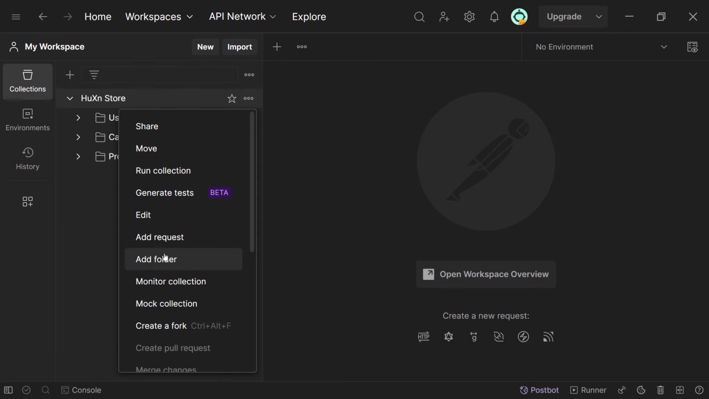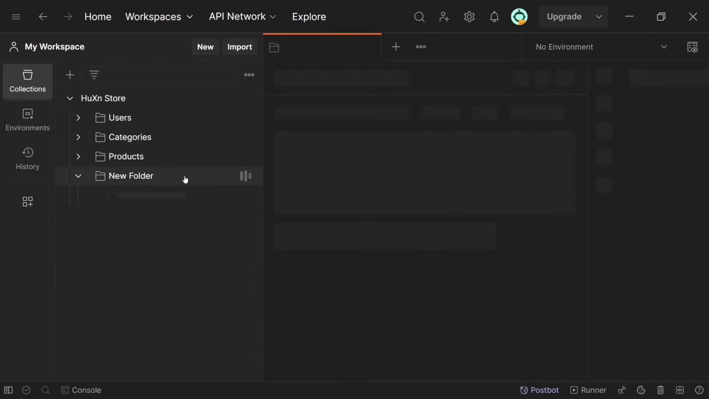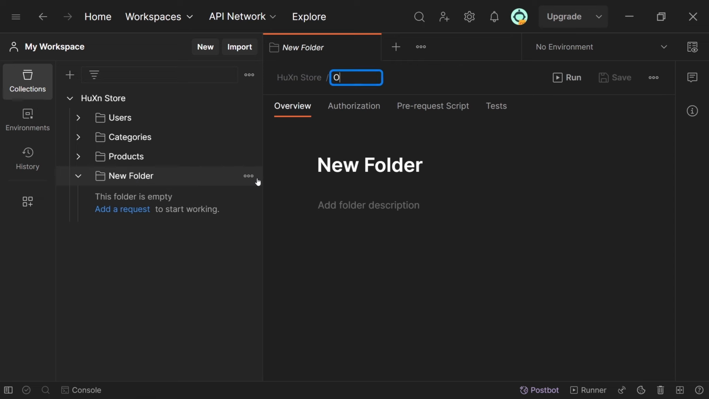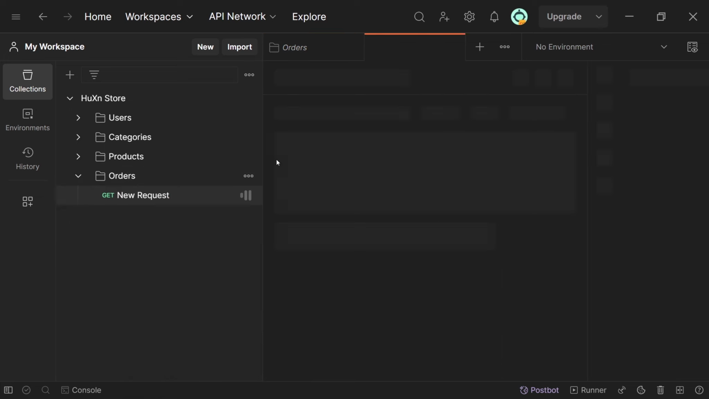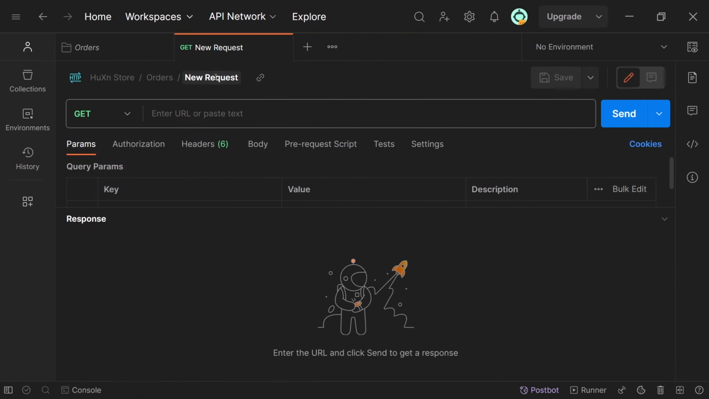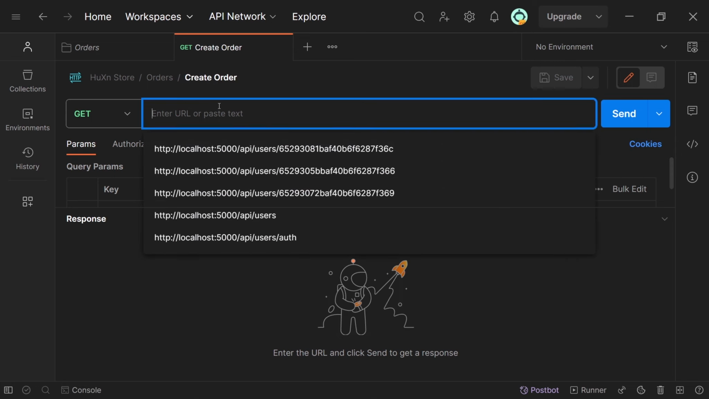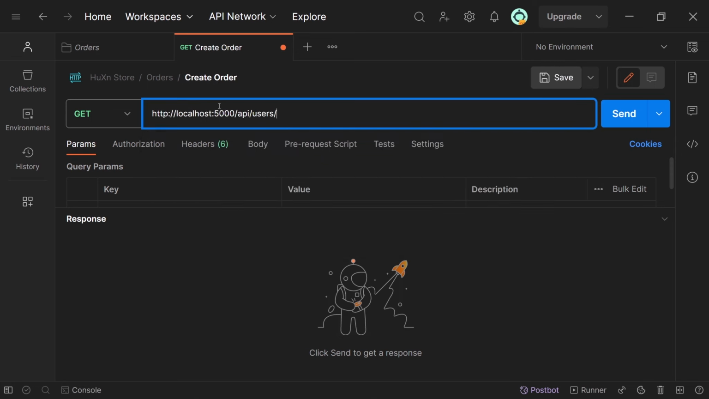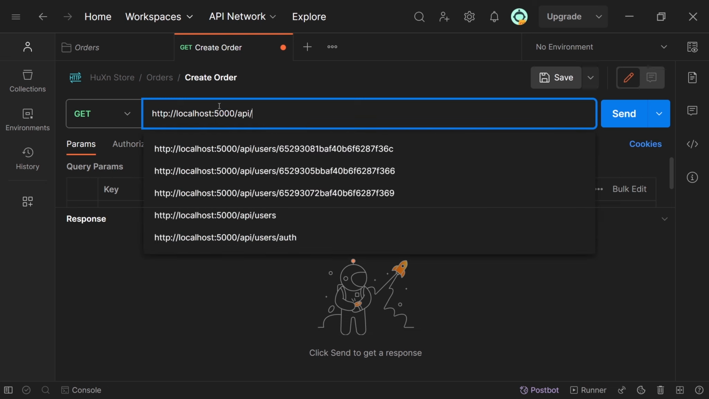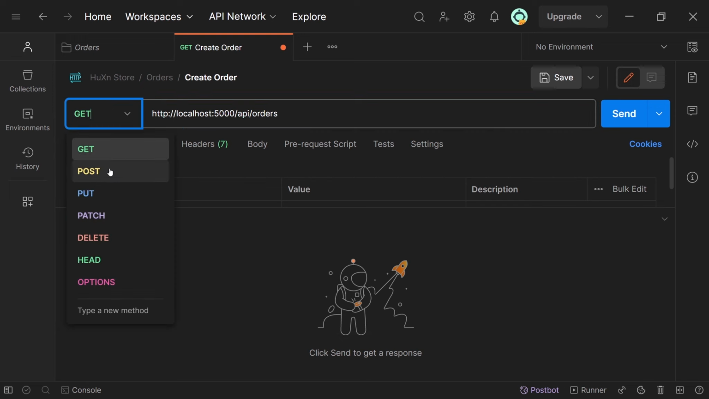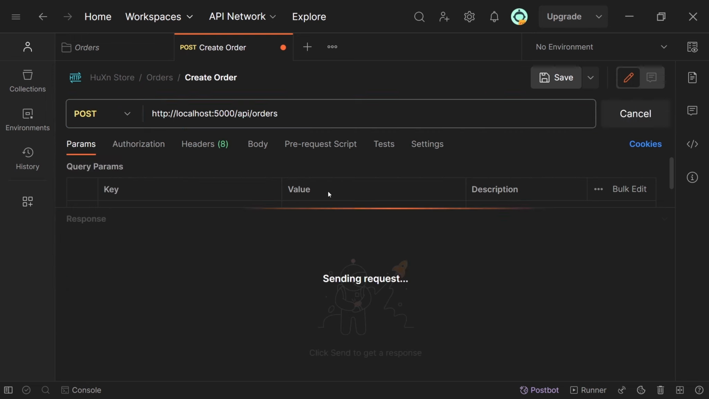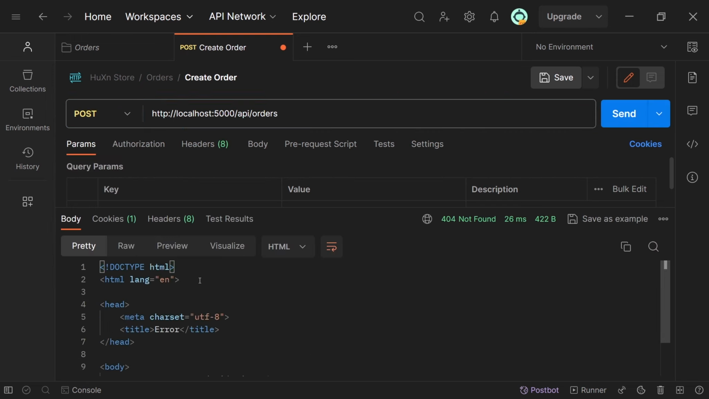I'm gonna create a new folder right here. I'm gonna give a name of like orders, and inside these orders we are going to have to specify the add request. Let's just close that, and it will say like create order or something like that. And we are providing the route of, let's just remove that and provide API orders in this case, and I guess that would be it. And now let me just write post and click on the send button, and it should give us